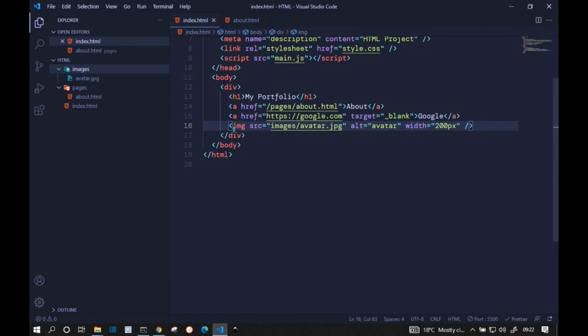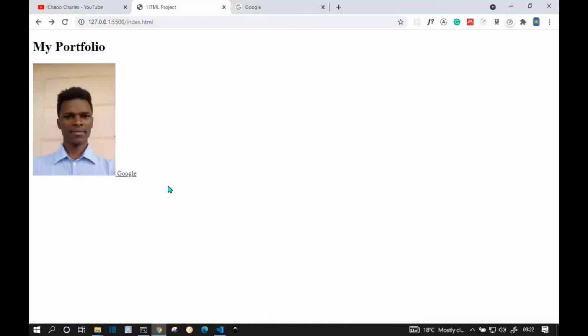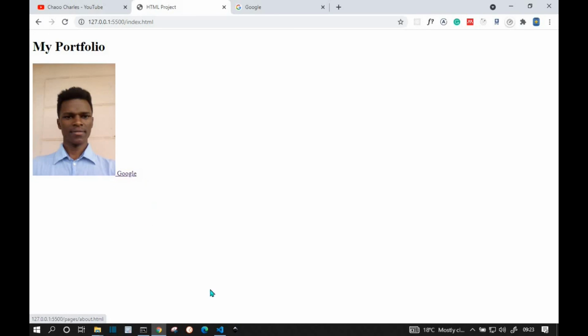Now another thing is that you can use images inside links. So I can just cut that, and instead of about here, I can paste that image. So I can remove the text and include the image there and save. So the content of our link is that image. When we come back, you will see that now this is a link, and when I hover over it, the cursor is changing its icon. When I click on this image, it will take us to about.html file. Home, we get to portfolio.